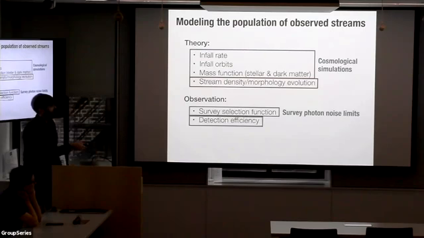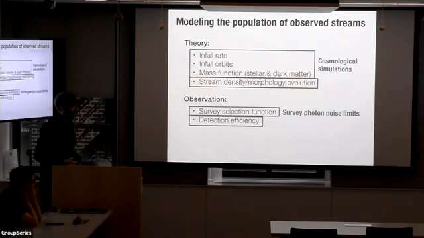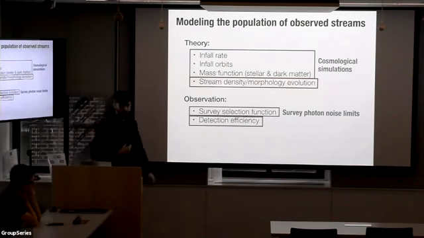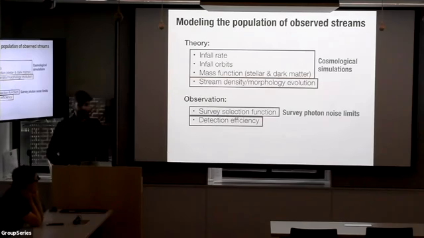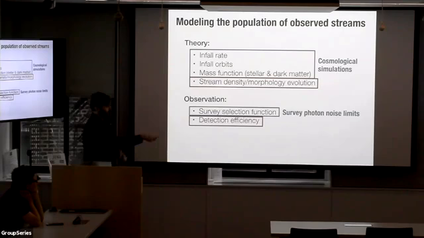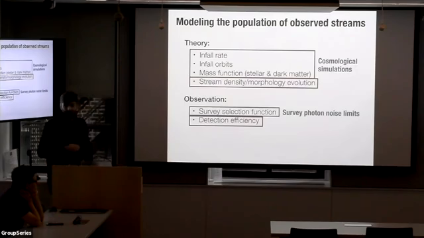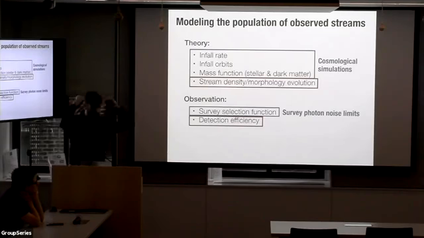The last thing on the observational side, so the selection function tells us, could we see a stream in a given part of the sky? But there's another piece of the puzzle, which is, did we see a stream in a part of the sky? And what's the detection efficiency of finding a given stream like that in that part of the sky? And the challenge here is that we don't actually have any really robust automated stream finding methods. So if you wanted to actually estimate this quantity right now, you'd have to put probes into very few people's